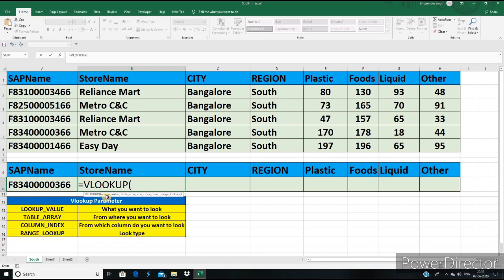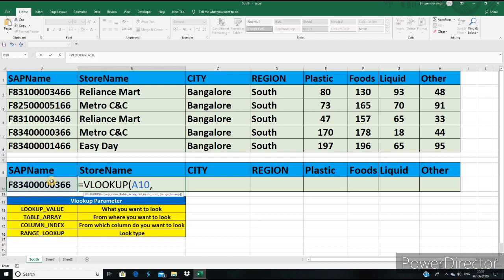Lookup value is the value you want to look up in your data so that you can get the answer with the help of this lookup value. I want this SAP number, so I'm going to use this SAP number to get the answer for all related columns.